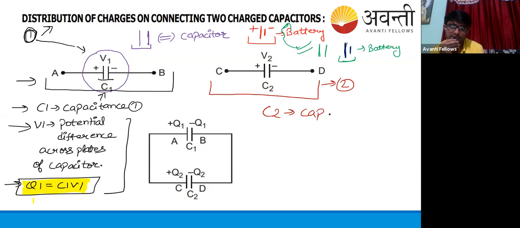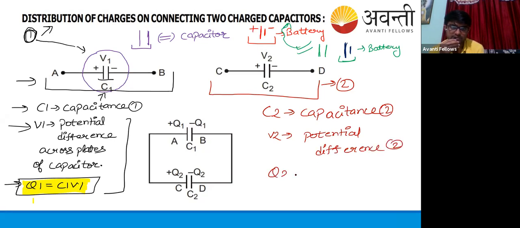So I'm writing it fast. Capacitance of the second capacitor. Potential difference V2. It's good that you students catch it in a fast manner. You grasp things fast. Potential difference for the second capacitor, and the charge will be equal to, as you students know, C2 V2. Let me highlight this point also. C2 V2.